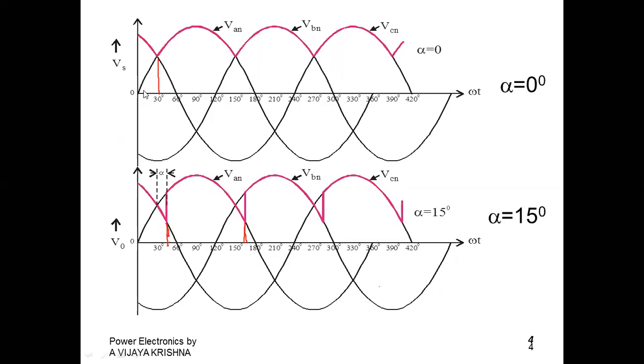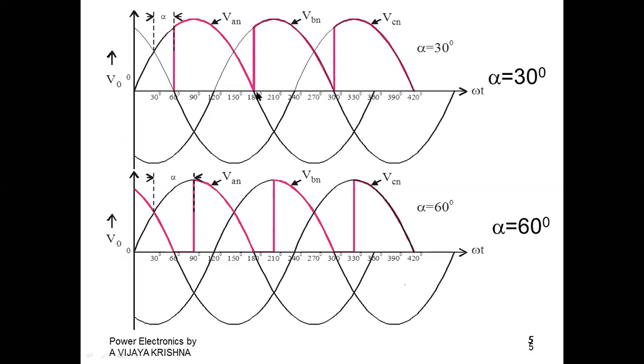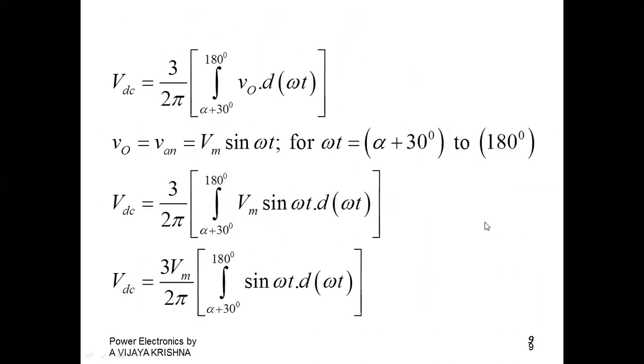If you consider this is up to 180. Okay, this is VAN. These are the important ones we are getting from the waveforms only. Here, this is the A phase. Okay, for alpha equal to 0, if you observe, up to 180 only. Okay, alpha is equal to 30. So here, if you consider, there is conduction up to 180 only. Then after it should change over to another thyristor, T2, T3, like that.